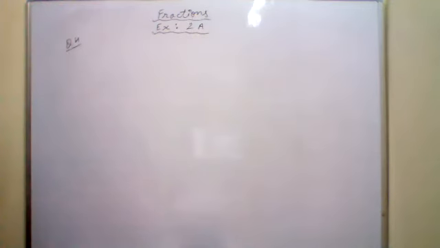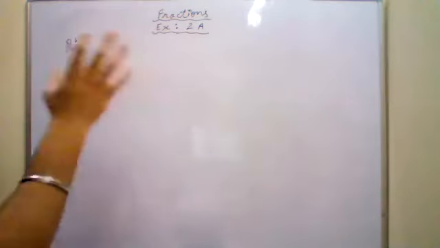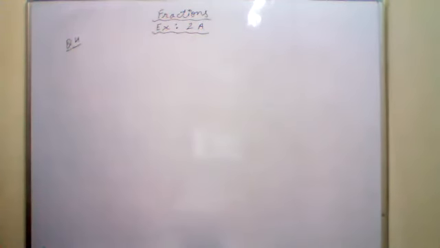Renu got 2/7 part of an apple, while Sonal got 4/5 part of it. Who got the larger part and by how much? एक एप्पल के रीनू को कुछ पार्ट मिला, कुछ पार्ट सोनल को मिला है, ठीक है? And you have to tell that किसको ज्यादा मिला है. So that means you just have to compare the two numbers. आपको 2/7 और 4/5 को compare करना है.